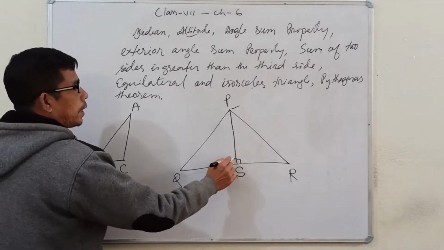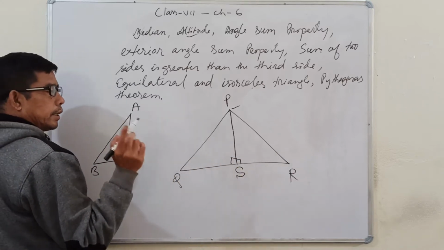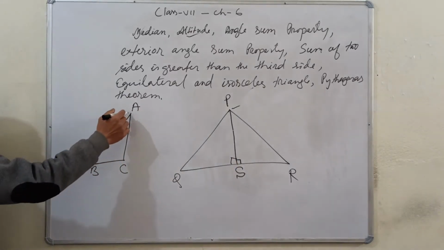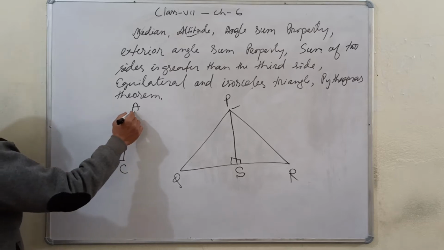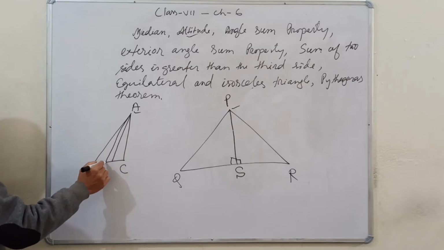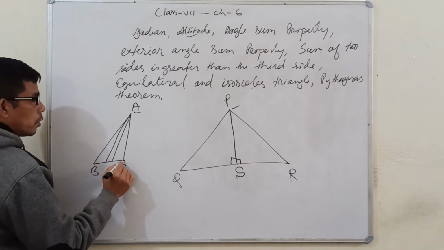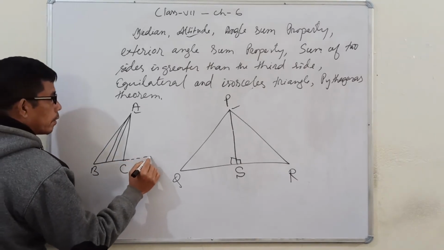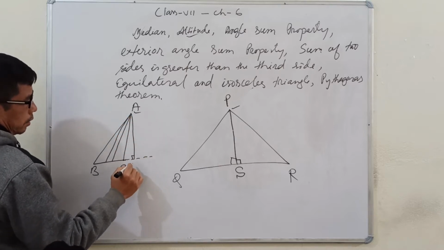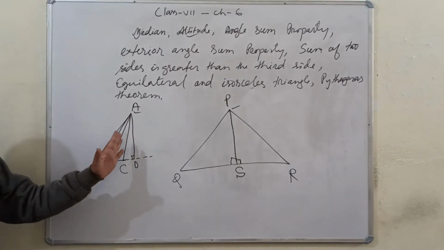This should be always 90 degree. It can be at the middle or not at the middle, but condition is that it should be always 90 degree. And for a triangle ABC, if we take the vertex A, when we draw here, the lines can never be 90 degree. In this case, what to do? You have to extend it and draw from here. So AD is the altitude of this triangle ABC.